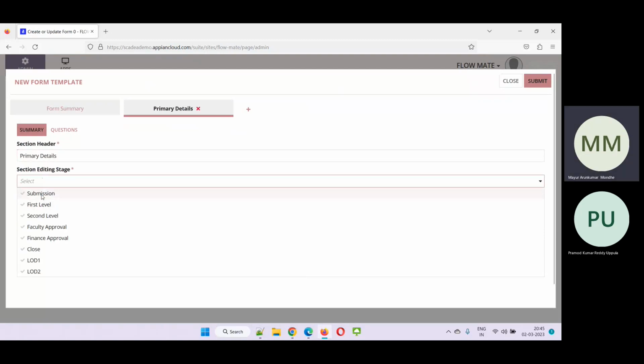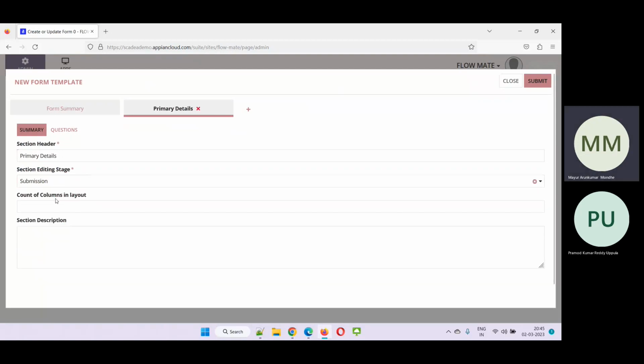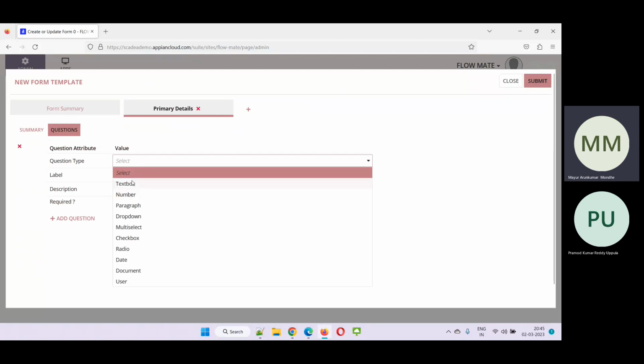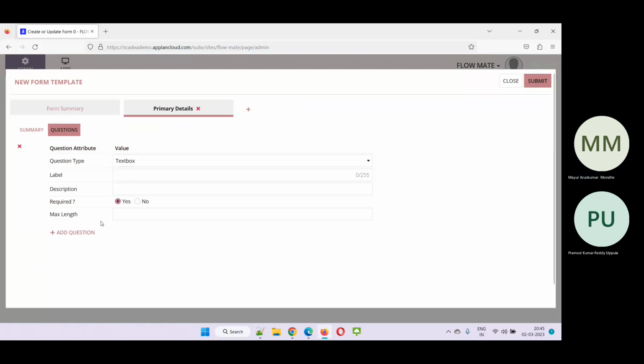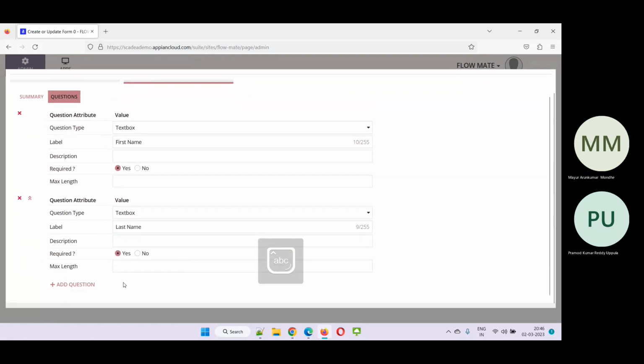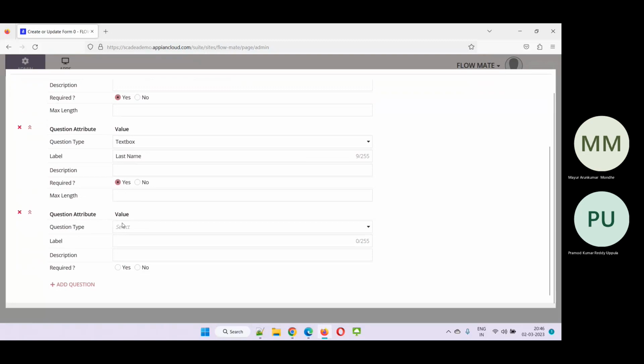Who would be able to edit, or when this section would be editable, that is in the submission stage. How many columns do we want? Let's say we want a two column layout. And in the primary details, we would be asking required questions, that is first name, last name, contact number,